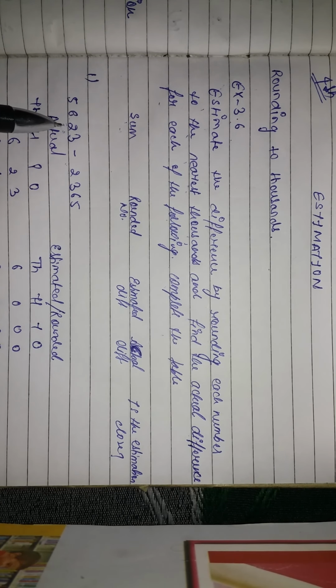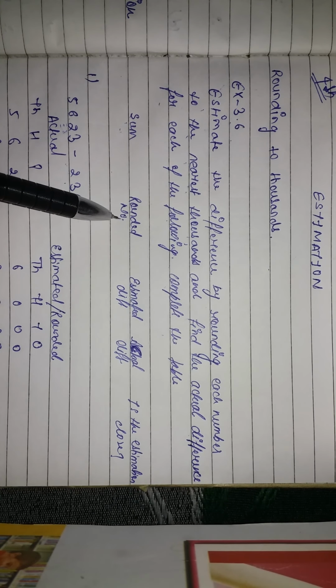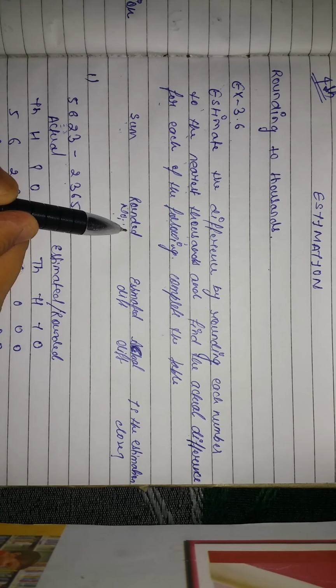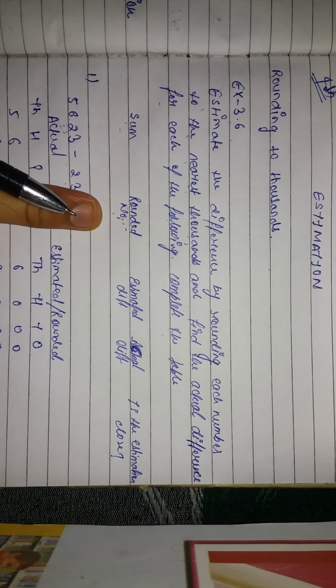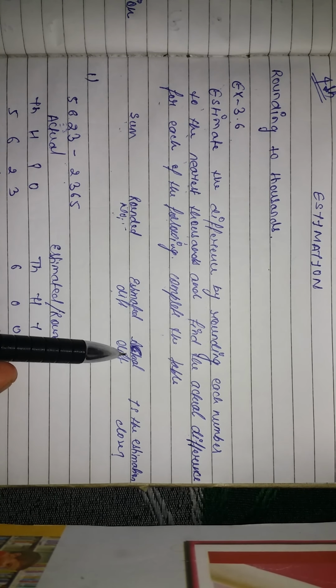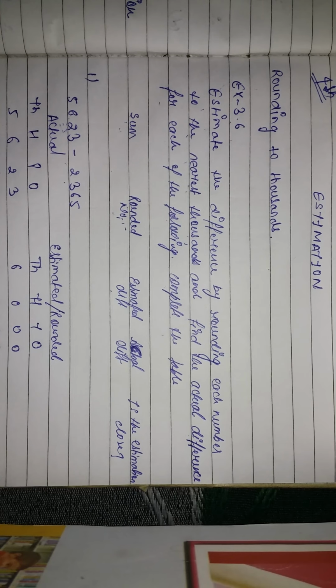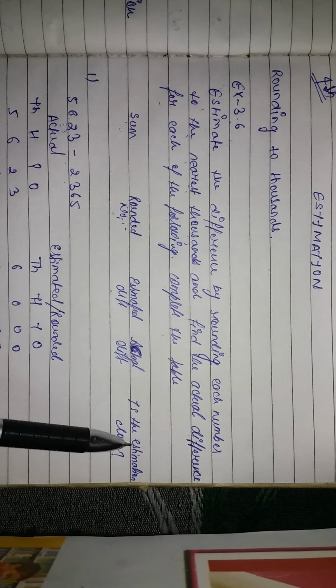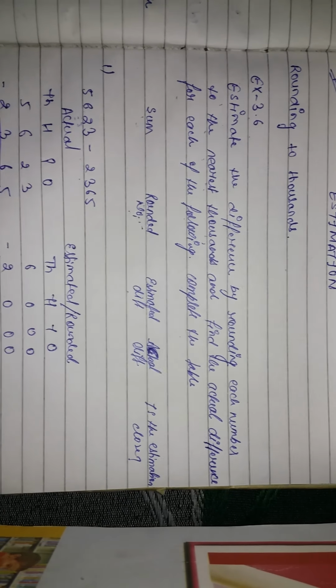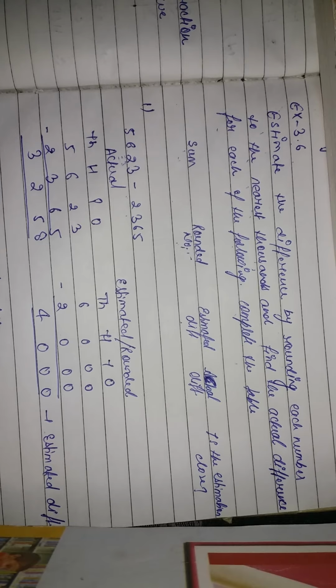First is your sum. In the column of sum you are given the questions. Then you have to write down the rounded number. However, in your book at the place of rounded they have written rounding number. So correct it. It should be rounded number. So you will be writing numbers after rounding. Then estimated difference, the difference of the rounded numbers. Actual difference means the difference of the numbers which are actually given to you. And then, is the estimation close or not? You will understand this while doing the question.